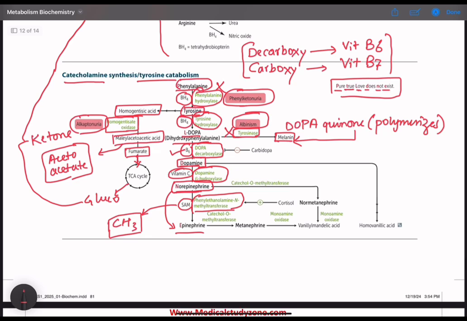Now at last, catecholamine metabolism. Norepinephrine as well as epinephrine are first of all converted into dopamine. Dopamine is converted into homovanillic acid, and norepinephrine as well as epinephrine are metabolized by two sets of enzymes. First is monoamine oxidase, and the second is catechol-O-methyltransferase, or COMT, and they both